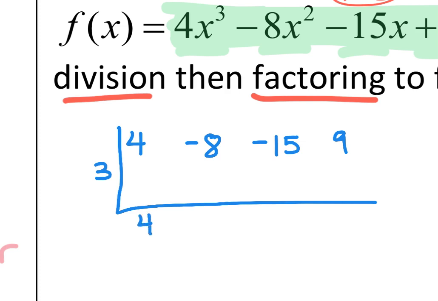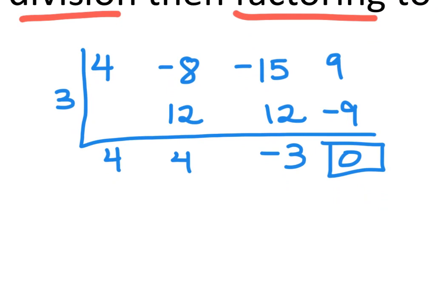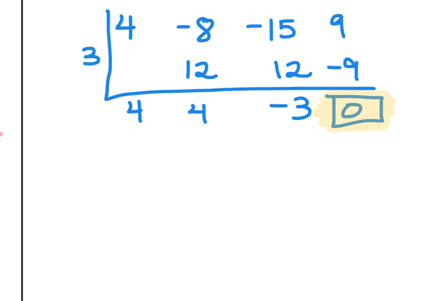Bring down the 4. 4 times 3 is 12. Negative 8 plus 12 is 4. Again, 4 times 3 is 12. Negative 15 plus 12 is negative 3. Negative 3 times 3 is negative 9. Negative 9 plus 9 is 0. We knew that was going to be the remainder because we already knew that x minus 3, or x equals positive 3, is a factor. But now I'm going to take the quotient that I have right here